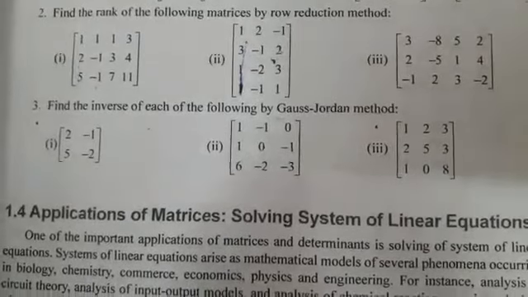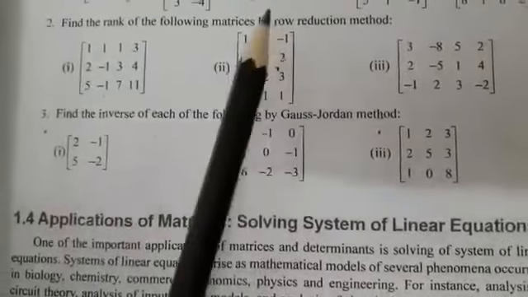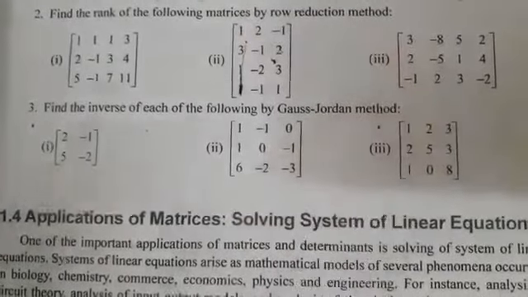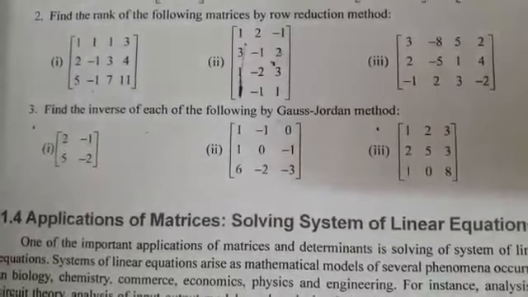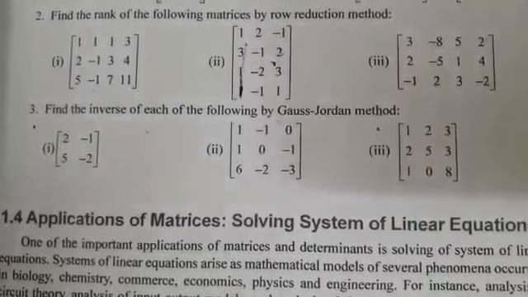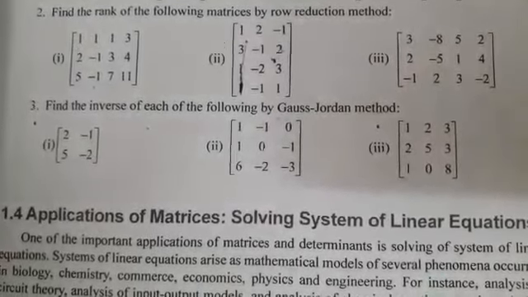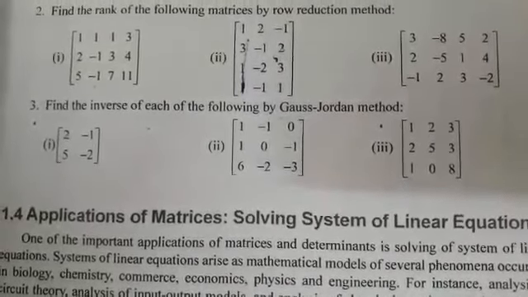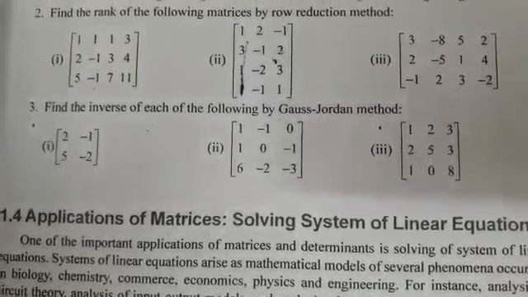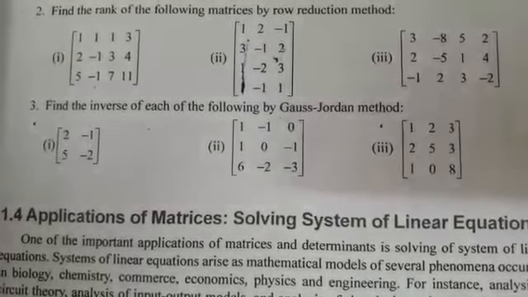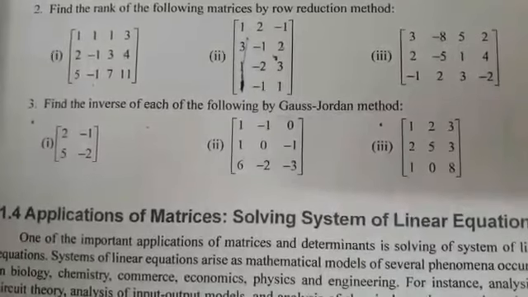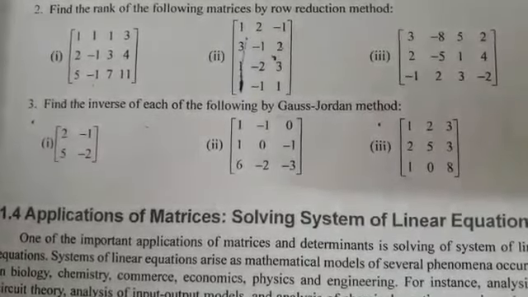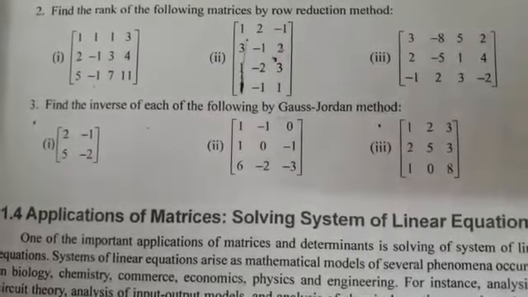Students, in this class we have seen about the row reduction method and the Gauss-Jordan method. The remaining 2 sums I have given you as an assignment. You are going to try the sum, students. And I want to make sure that you are not going to byheart the sum. Understand the concept. Please try to do the sum. If you understand the concept, the majority of this chapter 1 will be completed, students. Go through the sum. Please understand each and every step.